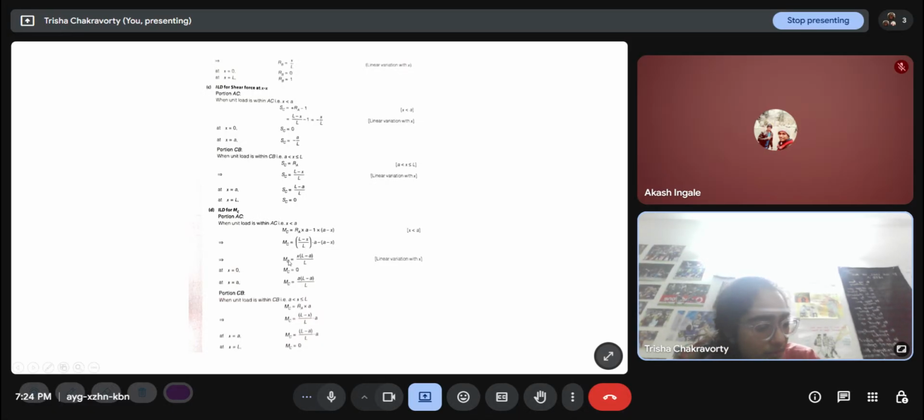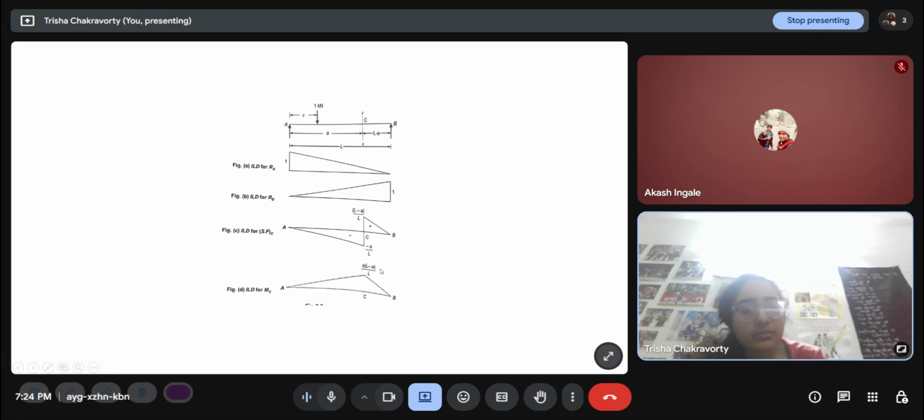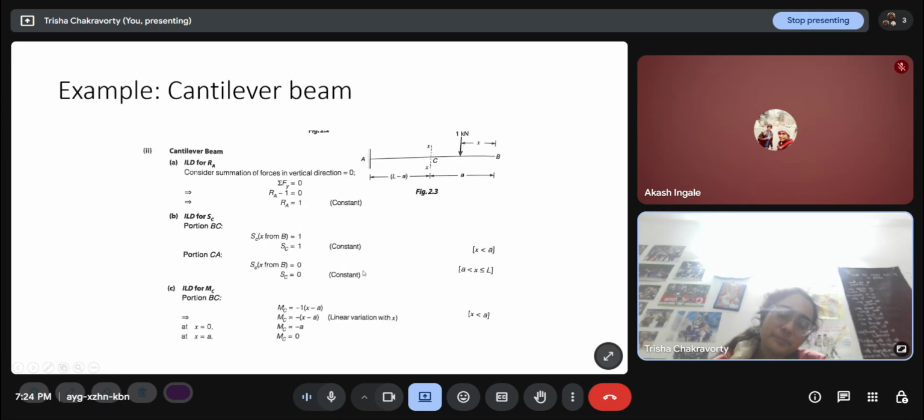Now you know that in this linear variation, MC is proportional to x. You don't have to trace it back to the bending moment diagram and shear force diagram. Those are different things. We put the extreme values. At x equal to 0, MC is 0. At x equal to a, MC is this. So from 0 we go to a into (L minus a) by L.